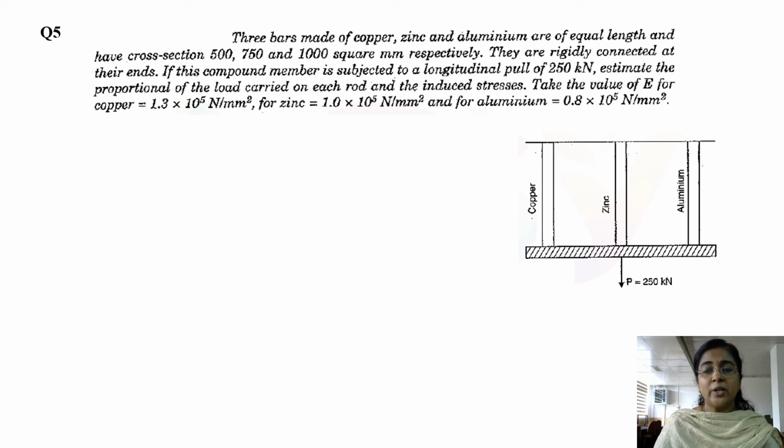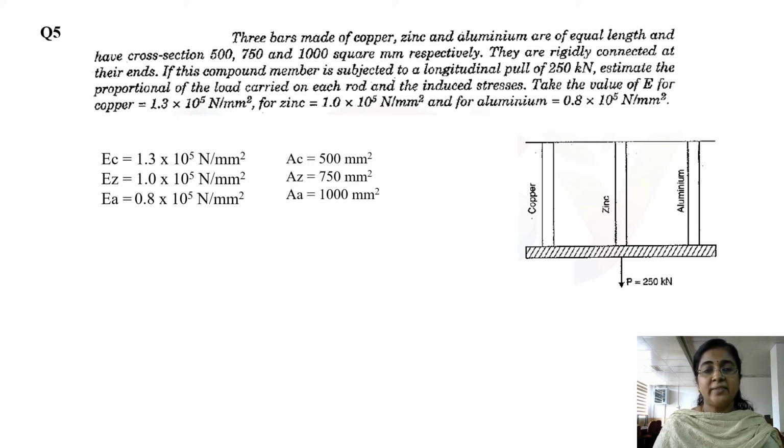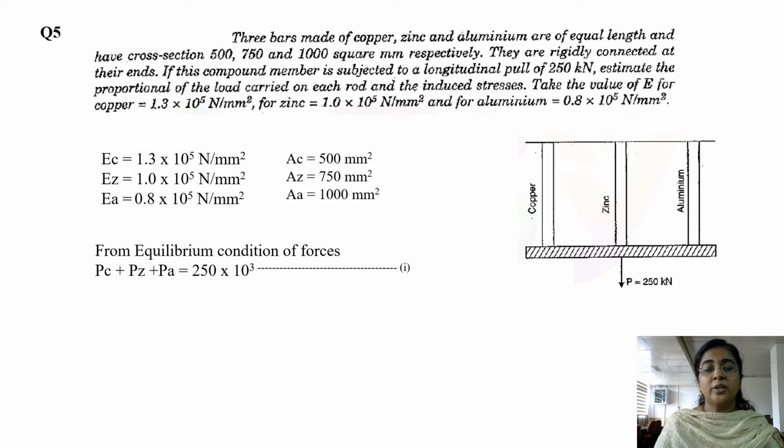Here we have three unknowns. The total load is given as 250 kilonewton. We need to find out the load taken by copper, zinc as well as aluminium. First we can write down the data given: modulus of elasticities and areas. Then we can formulate the equilibrium equation: total load is equal to load taken by copper, zinc as well as aluminium. And next we can formulate two sets of